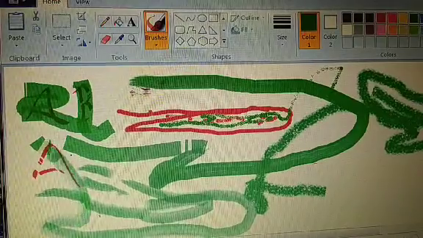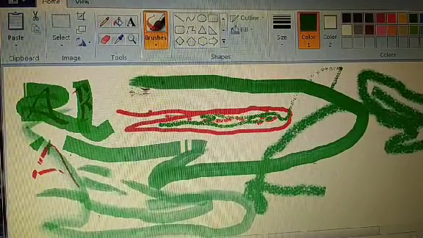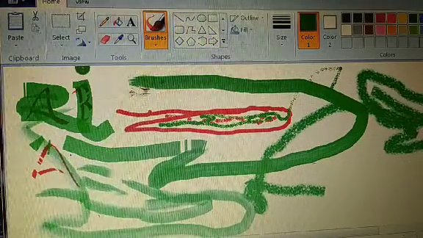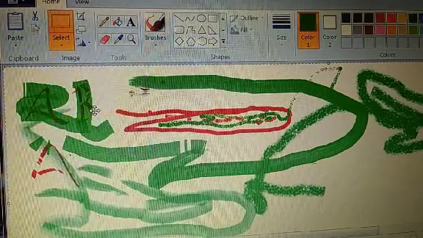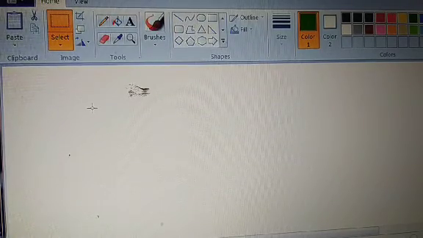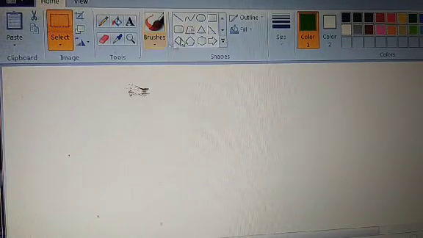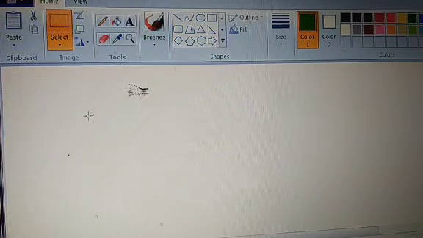So brushes. Then next is shapes. These are shapes. This is the line tool to draw a straight line.